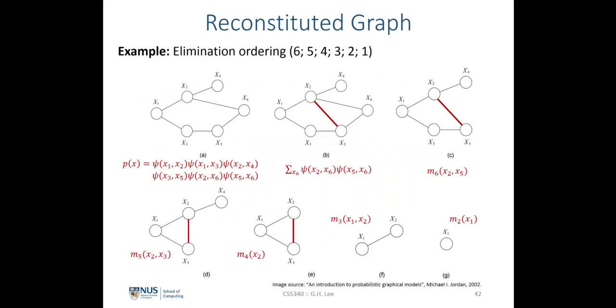So here's an example of how we get the reconstituted graph from a Markov random field, as shown in this example here, with an elimination ordering of 6, 5, 4, 3, 2, 1. The joint probability distribution of this particular Markov random field can be written in this way, where we assume that z equals 1 in this case. And we can see that the elimination ordering starts with the random variable x6 first. So what this means is that we simply follow the elimination